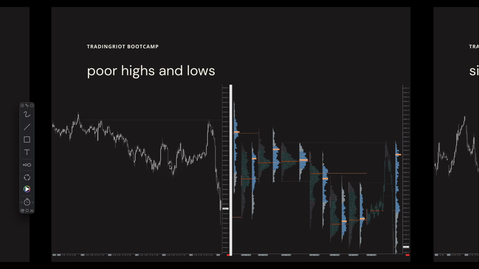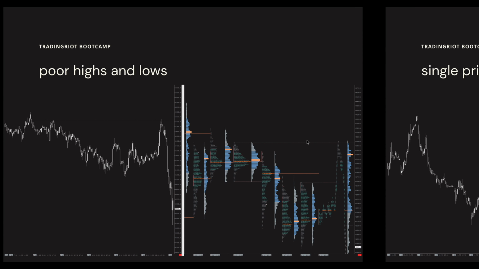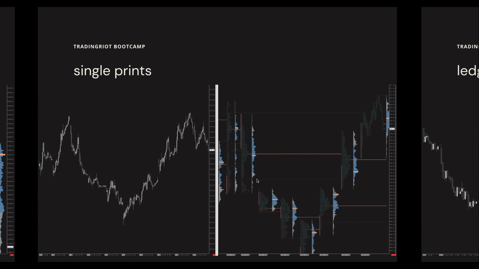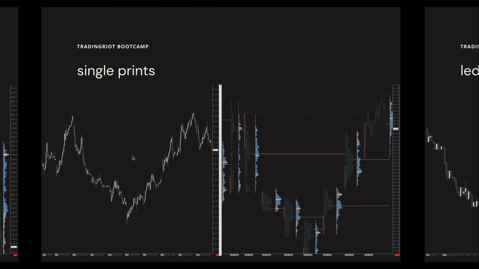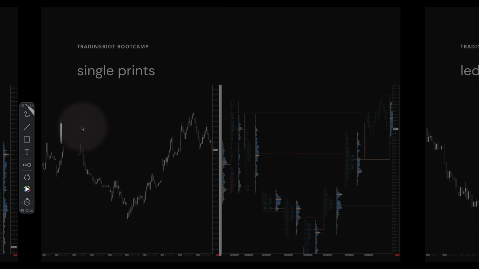So I think this is getting more and more obvious, hopefully, and I think you must start seeing how all these things just come together as tools that will show you where these levels are. So the single prints, I am afraid that I did not mark them in this price chart,